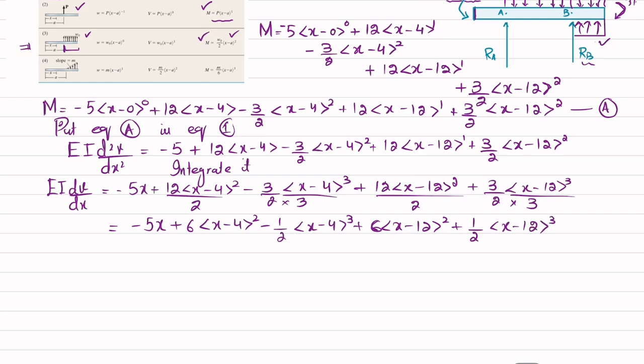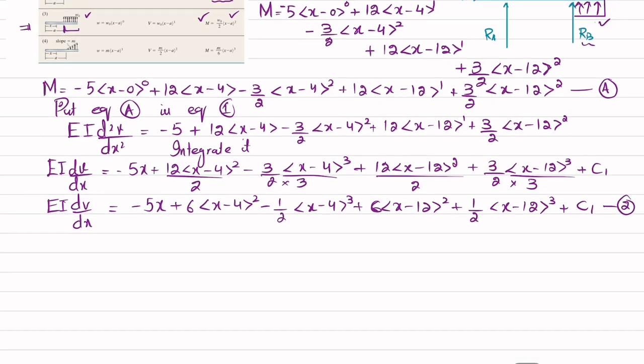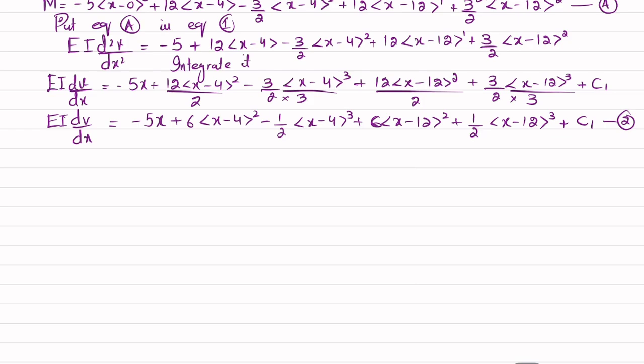Okay, so while taking the integration of this equation, there will be a constant of integration as well, that will be C1. So I will write C1. So EI into dv over dx, let this be your equation number 2. This equation will give you the slope. Again integrate